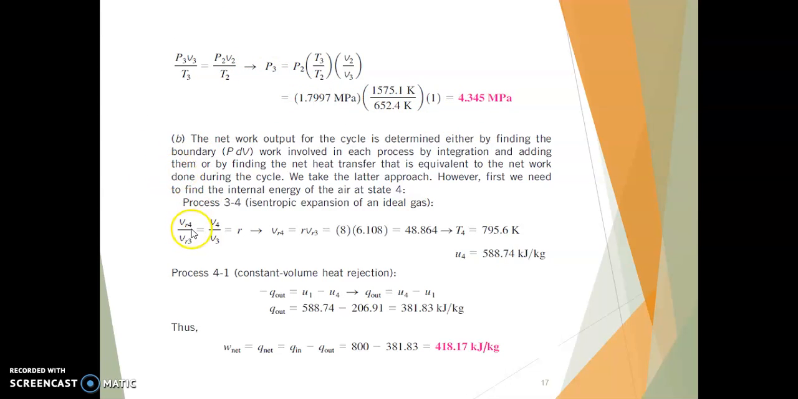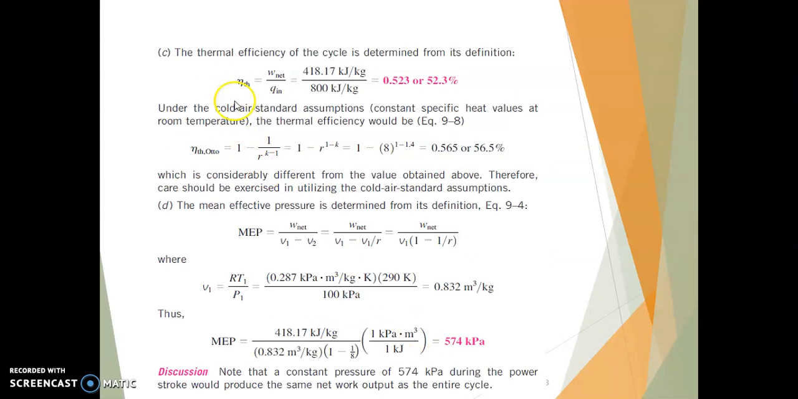Then we need to calculate the net work. Then we will need to calculate the heat in and heat out. Based on this calculation, we have already calculated heat in, so we need to calculate heat out based on the internal energy between 4 and 1. Then we will be able to calculate the net work. The other part is that we need to calculate the efficiency, W net over heat in, and then